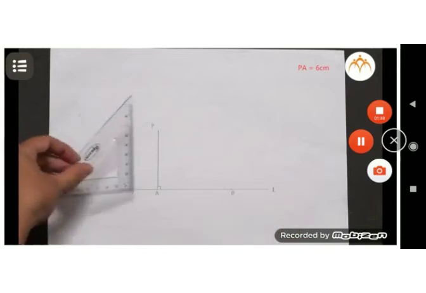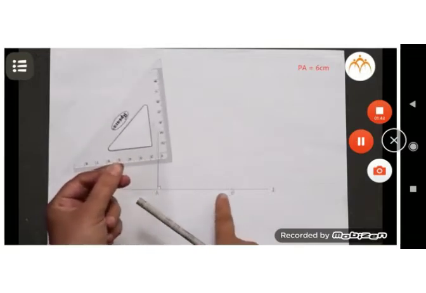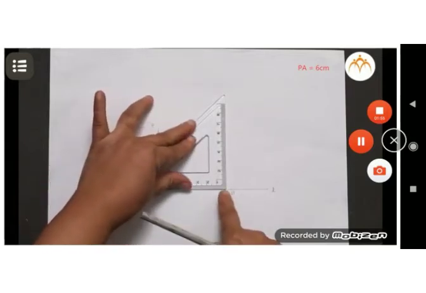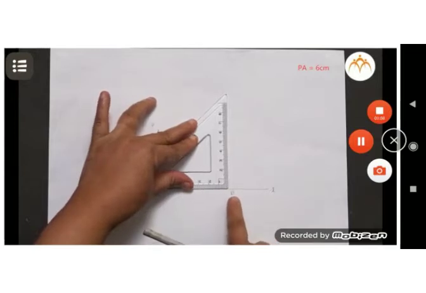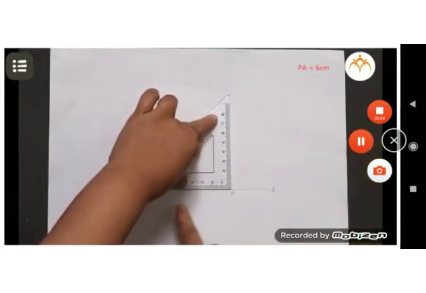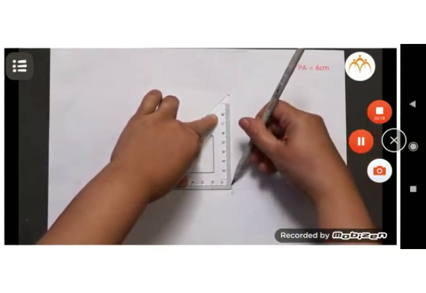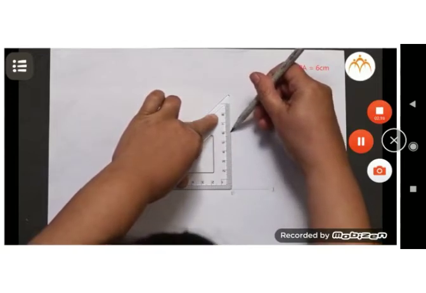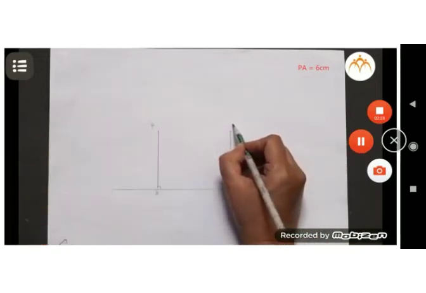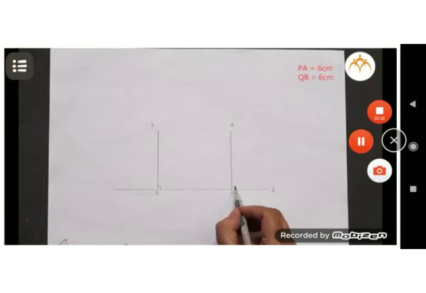Now, we take 45, 45, 90 degrees set square and place one of its perpendicular edges exactly on the given line L in such a way that this intersection point of set square is on point B. We hold the set square tight in the position, and you can see that this edge is perpendicular to the given line at this point B. Hence, if we draw a segment passing through point B along this edge such that it is equal to segment PA, which is nothing but 6 centimeters, we get a new point Q, so that QB is equal to 6 centimeters and it is perpendicular to the line L at point B.